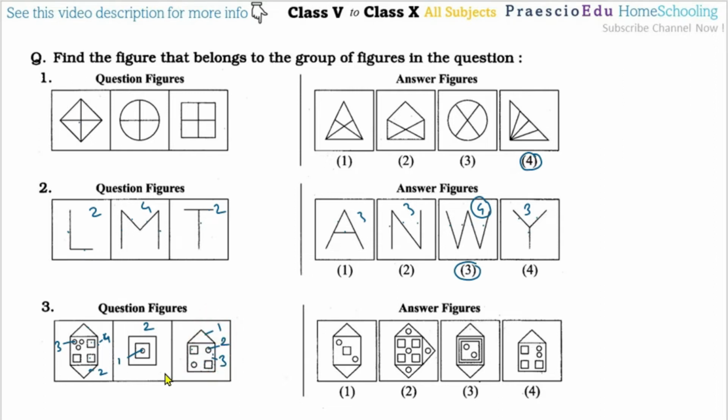For this one, if you count all the circles, 1 2 3 and 4 circles, and 1 2 and 3 triangles. So the triangles have a quantity, then the circles have that quantity plus one. Okay, so addition of one. Like this, 1 2 3 4 and 5 count of the squares. So it means addition of 1 in the circles quantity. That's why option number 2 is the correct one.